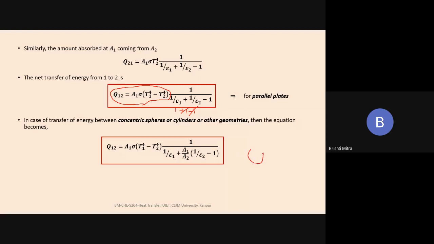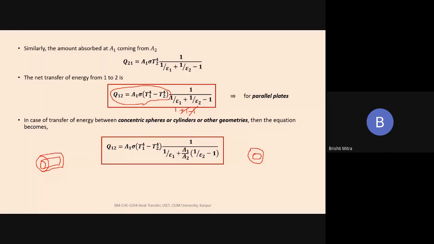Two concentric spheres would mean one sphere here, another sphere here, and two concentric cylinders would be one cylinder, and outside that is another cylinder, both having the same center. So if you have geometries like this, then what happens is that if you look at the expression now,